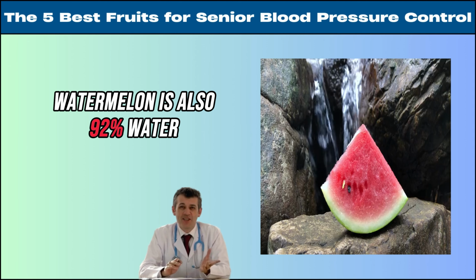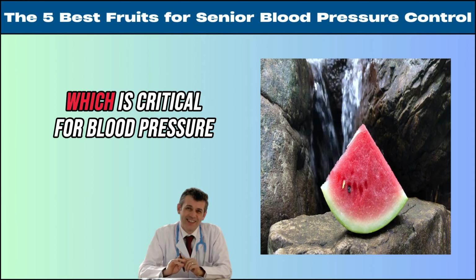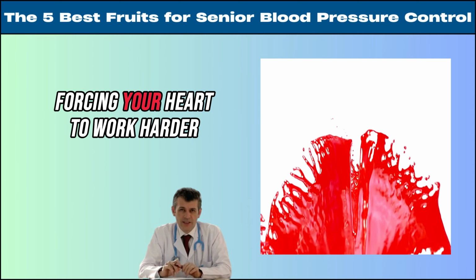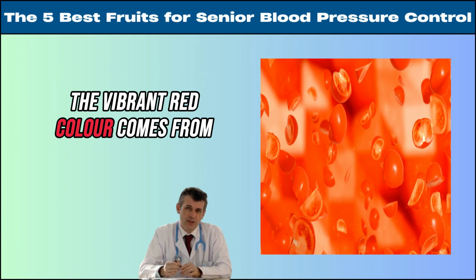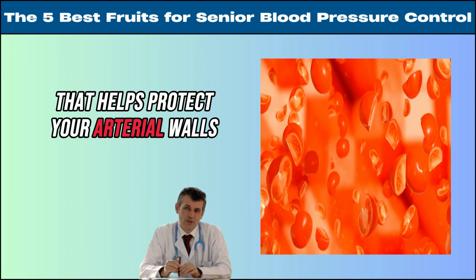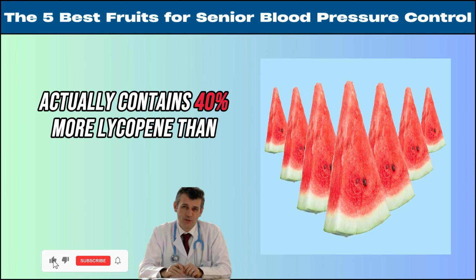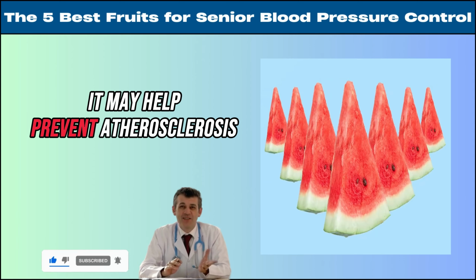Watermelon is also 92% water, making it excellent for maintaining proper hydration, which is critical for blood pressure regulation. Dehydration causes blood to become thicker, forcing your heart to work harder to pump it through your vessels. The vibrant red color comes from lycopene, a powerful antioxidant that helps protect your arterial walls from damage and reduces inflammation in blood vessels. Watermelon actually contains 40% more lycopene than raw tomatoes, with research showing it may help prevent